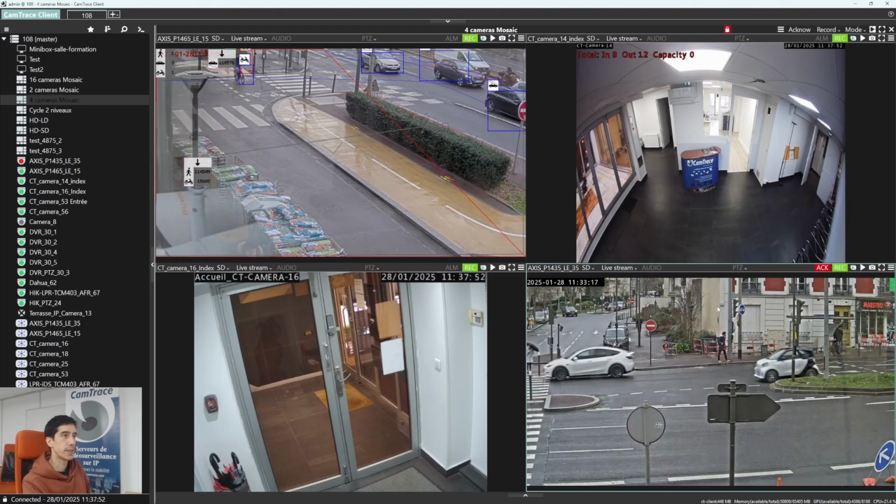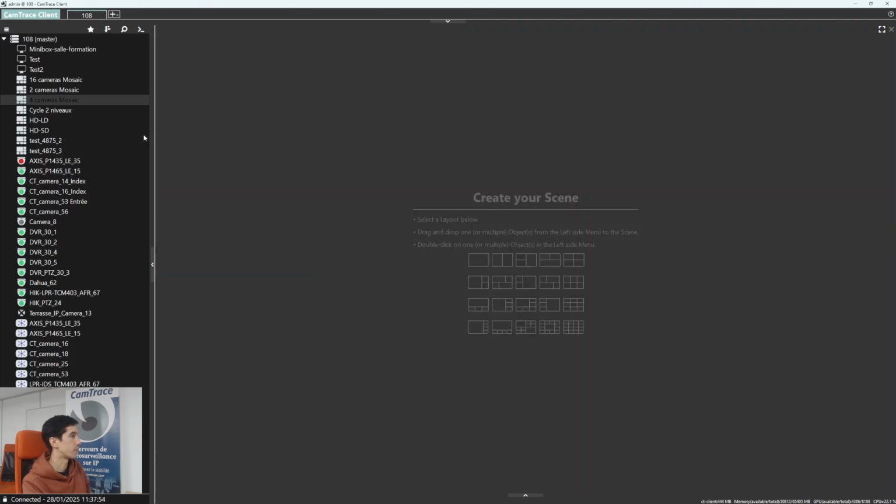To finish this video, I would like to introduce you the different colors in the left menu. So if you have a green camera icon, it means that right now you have a regular recording. If you have a gray icon, it means that this camera is not recording, but you can access the live view of that camera.